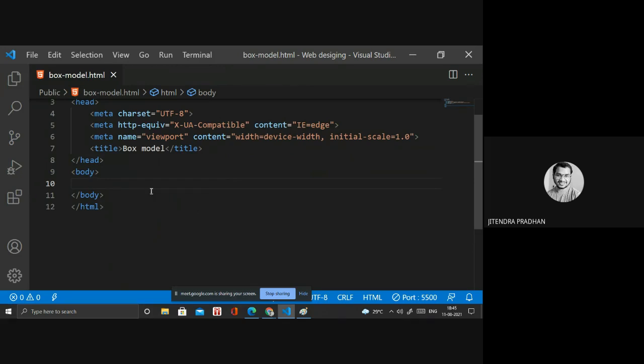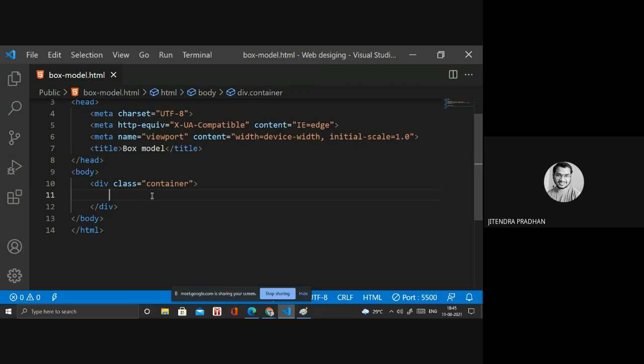Okay, so I will design a particular box. It's a div. Inside that I will use the class container. Okay, what is container I will tell you later. Don't worry about that.